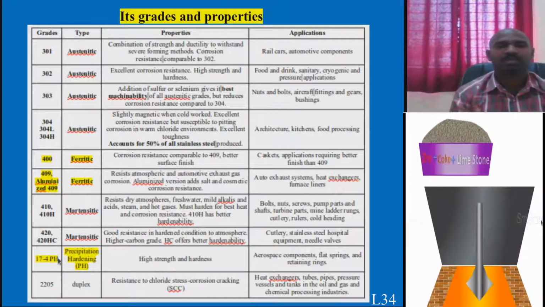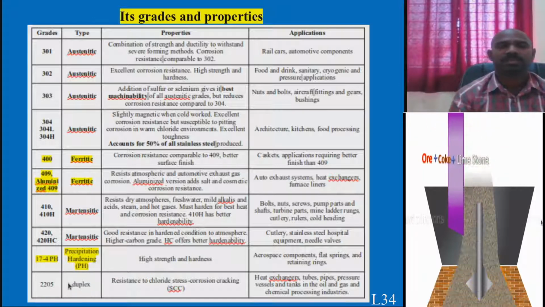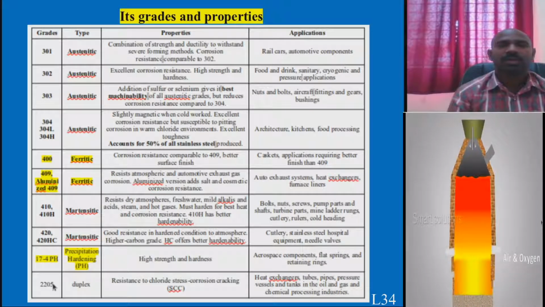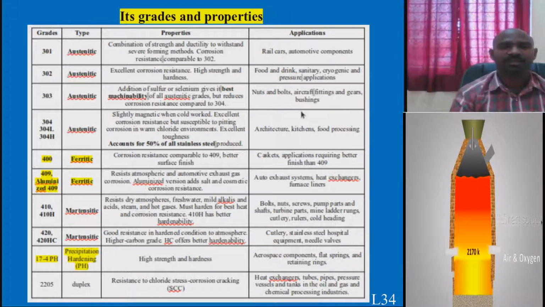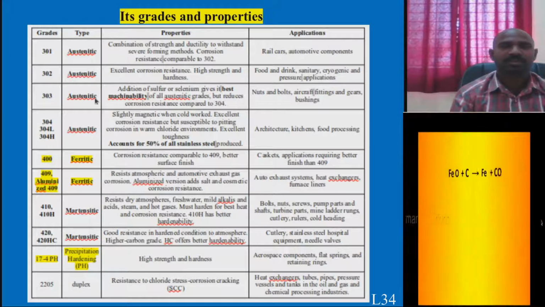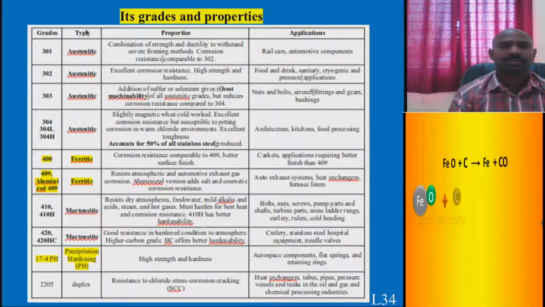with 17-4 pH. With this grade, duplex stainless steels are observed with 2205 grades. These are the example grades and types of stainless steel, and there are different properties for different grades and applications. Based on the grade, it is suited for a variety of applications. You will understand from this slide the variety of grades and types of stainless steel, properties and applications. Remember this particular point for the GATE examination as well as the viva questions.